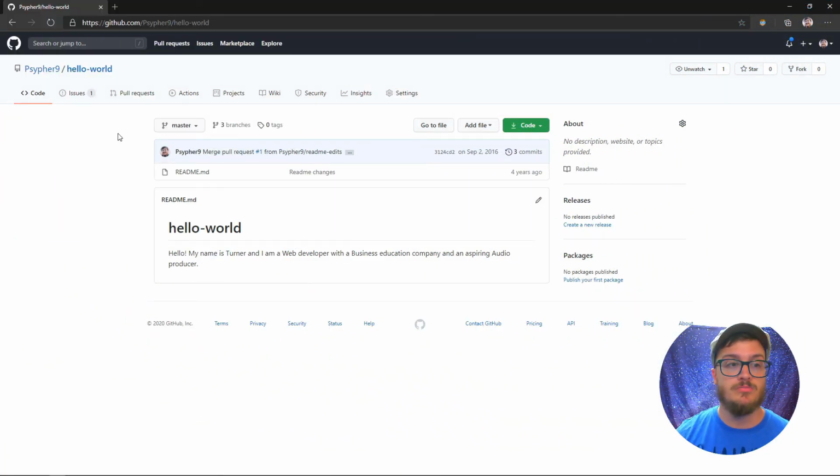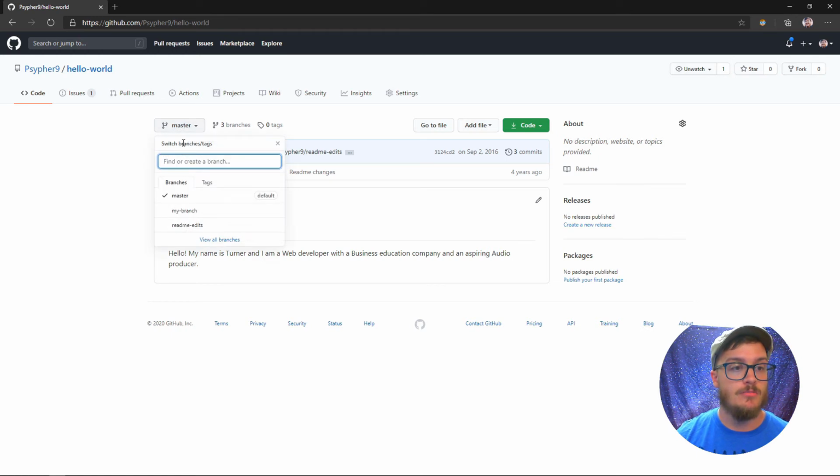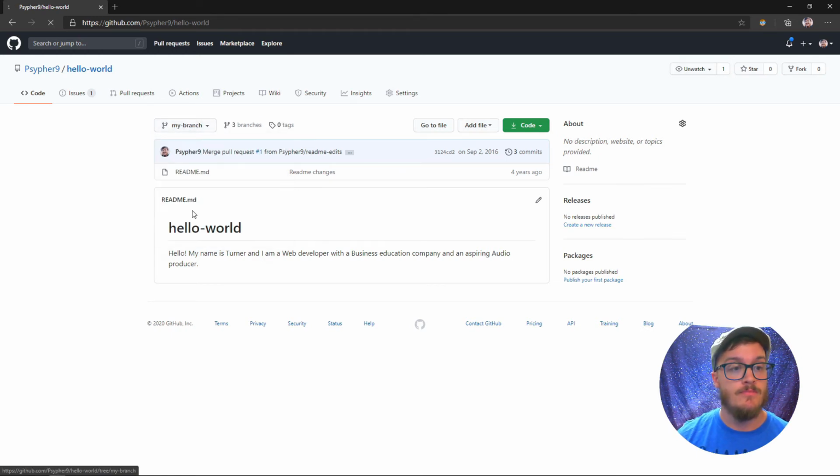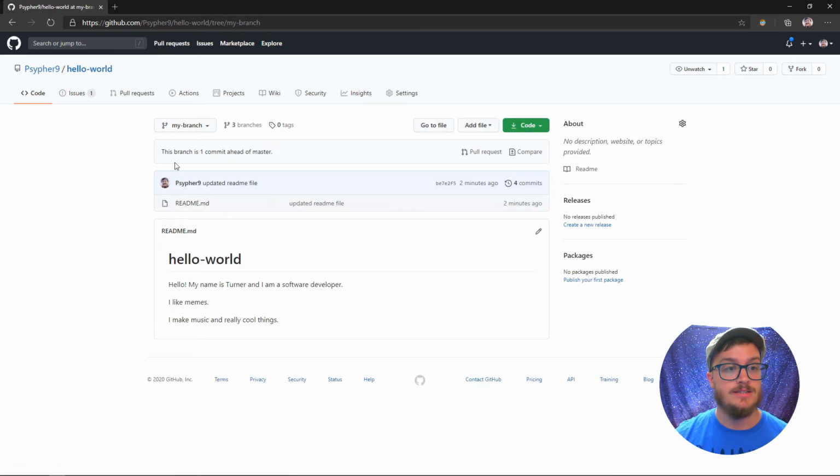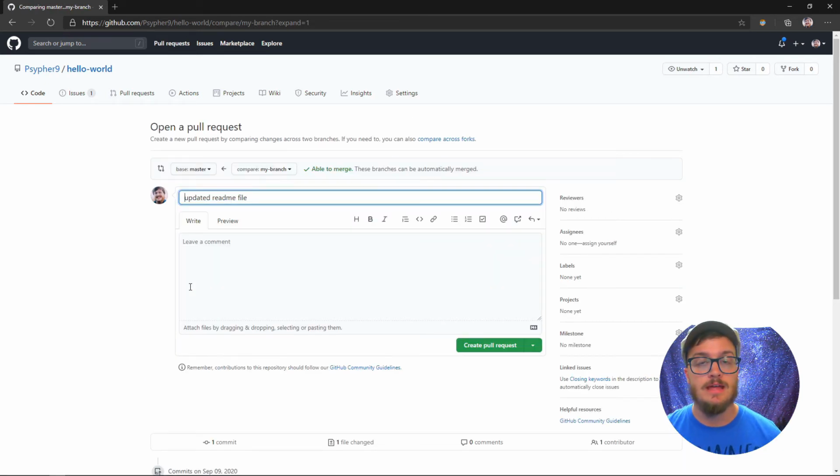Now let's go look at this branch. I'm going to click here to view all branches. Oh, there's my branch, the one I just created. I'm going to click there, and it says this branch is one commit ahead of master. So I'm going to hit pull request, and it's going to give you a chance to review, and then you'll hit this button to create pull request, and everyone will get notified and they'll be able to look at your